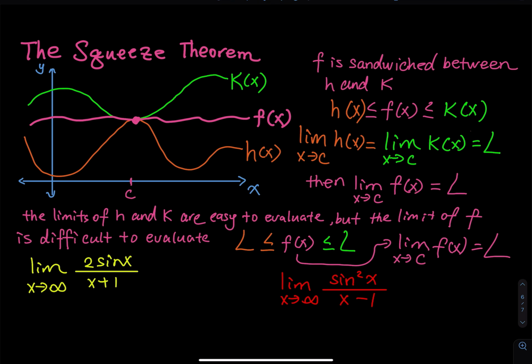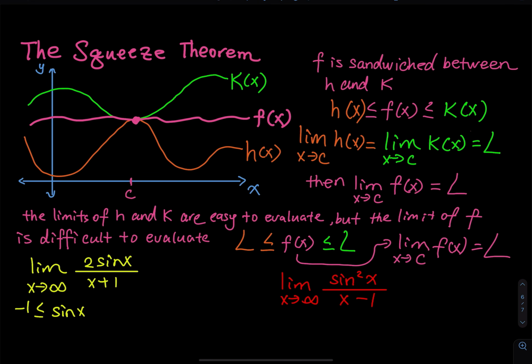So here are two typical examples. We have the limit as x approaches infinity of 2 times sine of x over x plus 1. If you just plug in infinity, you cannot determine sine of x, and on the bottom you have an infinity. So what do we do in this case? For a squeeze theorem, usually there is a sine, sine squared, cosine, or cosine squared in the function. So for this one, you have to say that sine of x